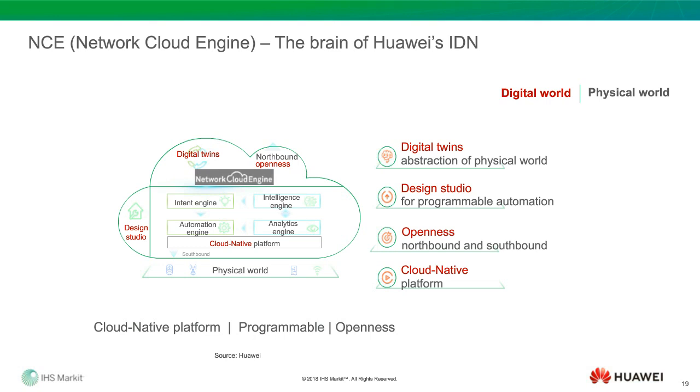And also this platform we call a cloud native platform. Why do we call it cloud native? Because we build this product based on microservices. That means we can take a typical business service and chunk it into a lot of microservices, and then we can really do what's called programmable automation. That's another key for this platform.